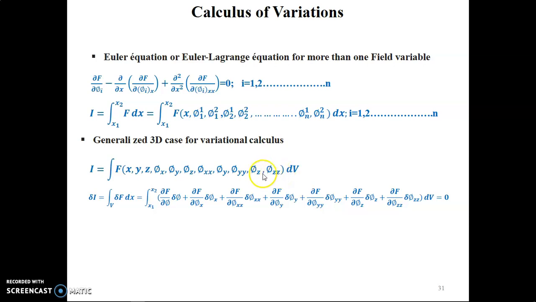Okay, so now this function will undergo the differential operators and be minimized over the volume, because we are now considering the 3D case. And it will be equated to 0. So this is how we will obtain the change in the value of f with respect to the change in the value of the field variables and its derivatives along the x, y and z directions.